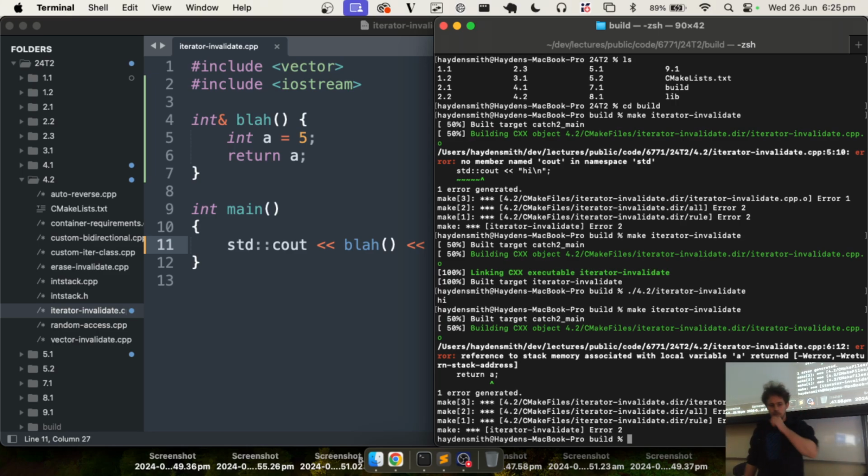Now, I thought this was what happened. What you're seeing here is the compiler noticing the problem, right? It's picking up on that potential undefined behavior problem, but it's only doing it because of the warning return stack address flag on the compiler